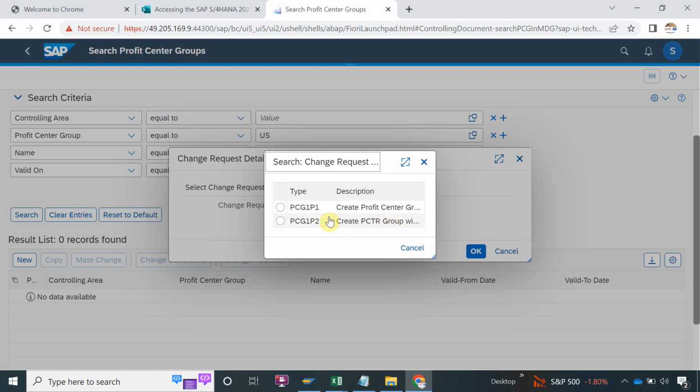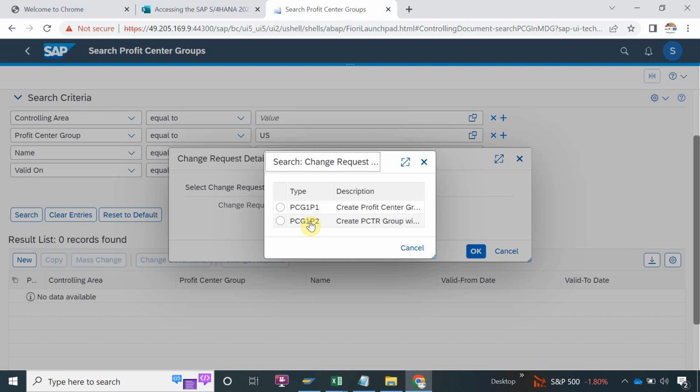What is the difference between the two? In the first one you can just create the profit center group, but you cannot assign it to the hierarchy. In the second type you can create a profit center group and assign it to the hierarchy,